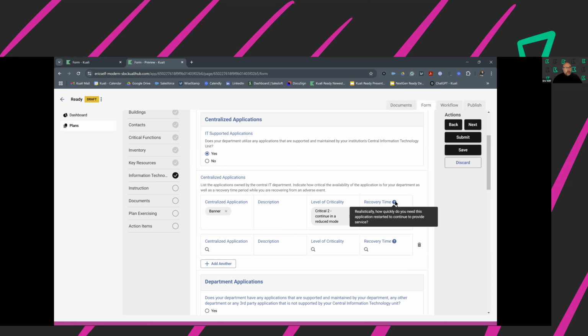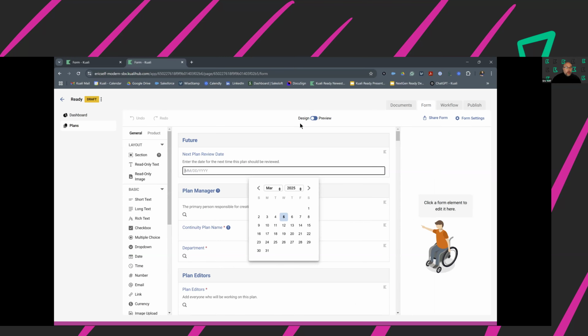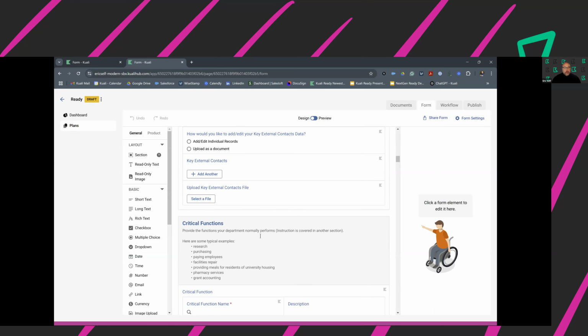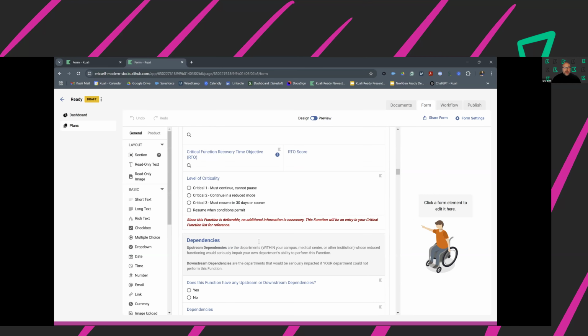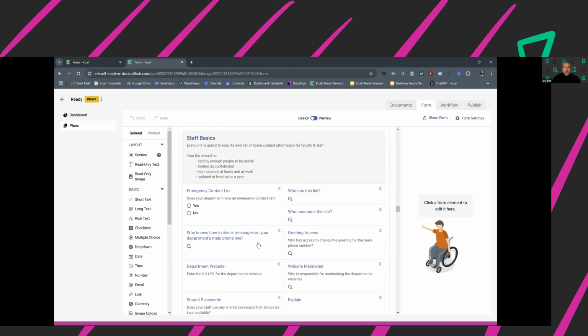That, hey, what is this recovery time objective? And if I go in under the preview here, and this is what I call under the hood, where you're configuring this how you want it. But if I go to that section under critical functions, under IT, sorry. Let me go down here to IT and show you.